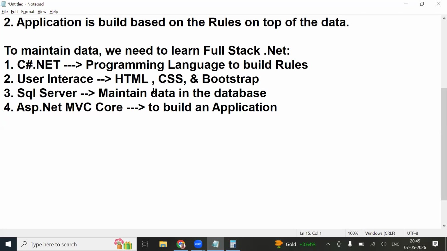The fifth point is, I build an application, but I want to expose my data to a third party. Let's take an example: will a bank access Aadhaar details?